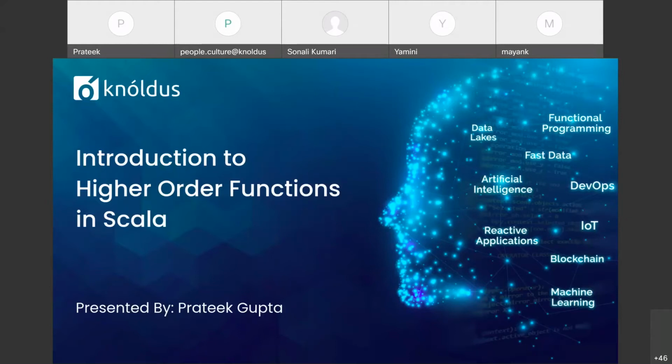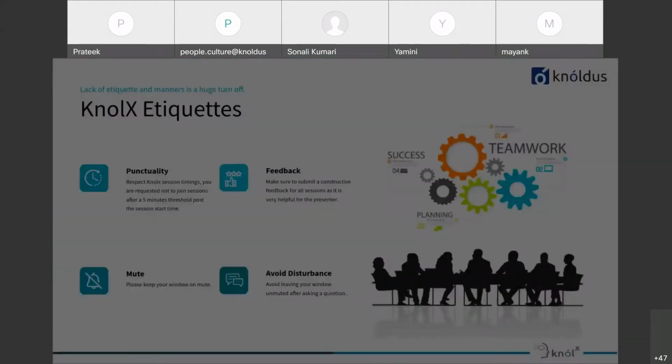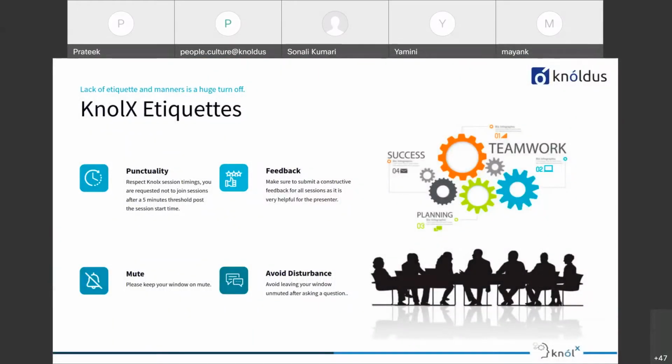So, before beginning, let's quickly discuss the knowledge etiquettes. So, first one is punctuality. It is always recommended for everyone to join the session at least 5 minutes before it gets started so that we can start the session on time. Next one is mute. Please keep your window on mute until you have any question.